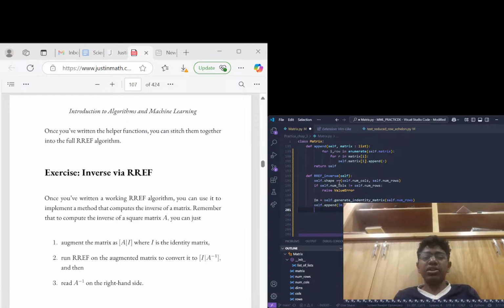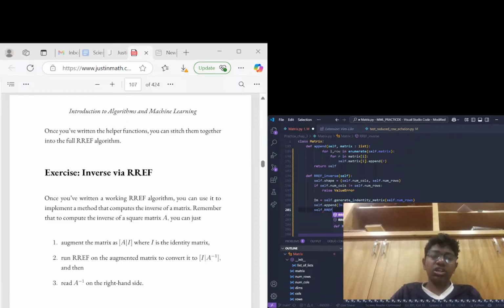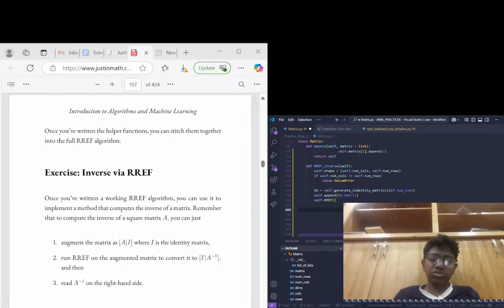So once you append it, you'll have the augmented matrix. So now you need to run RREF on this. Run RREF to convert it to that. So self dot RREF of, and it'll run it on itself. And then let's just do self dot show,